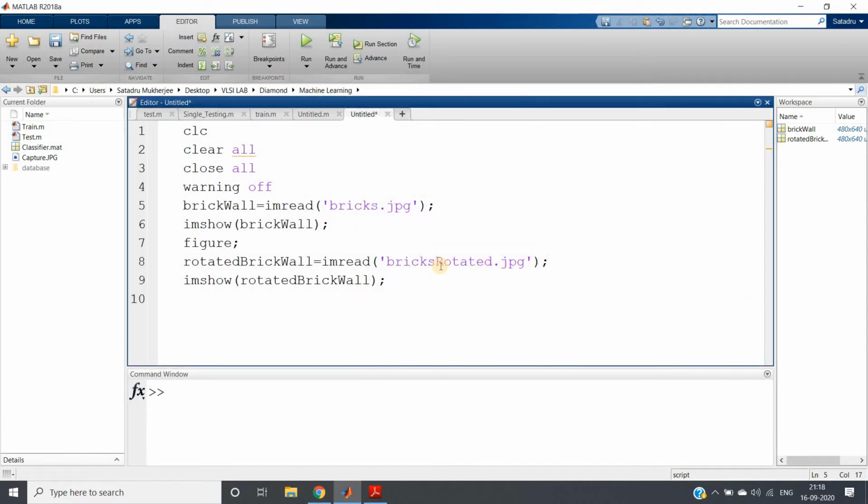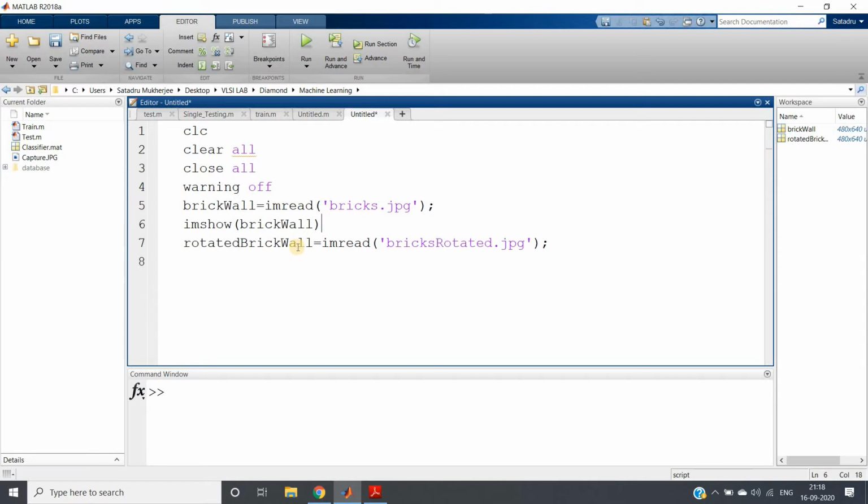Now we are going to extract the LBP features, the local binary pattern features. Let me remove the imshow parts. So LBPbrick1 equal to extractLBPFeatures, which is an inbuilt function. You need to remember only this.